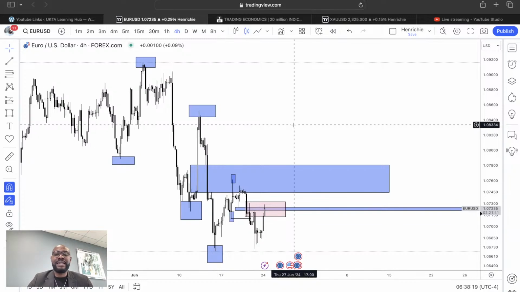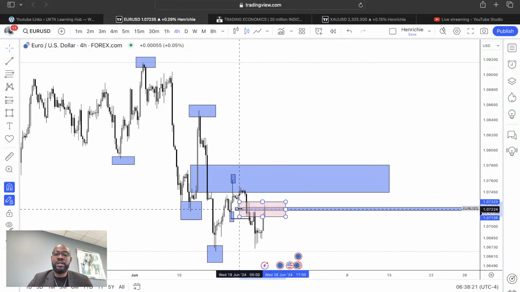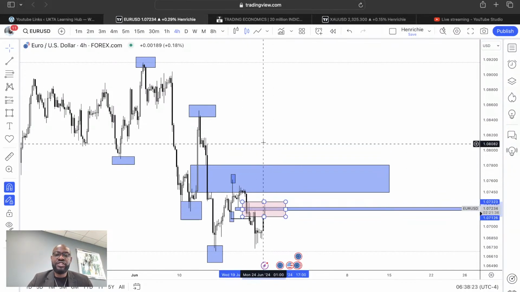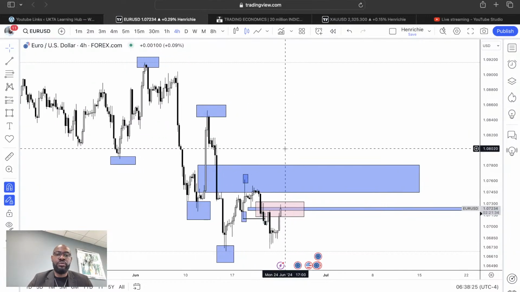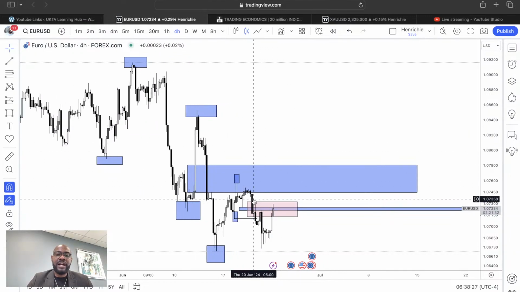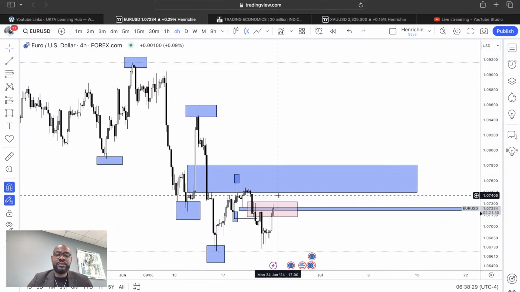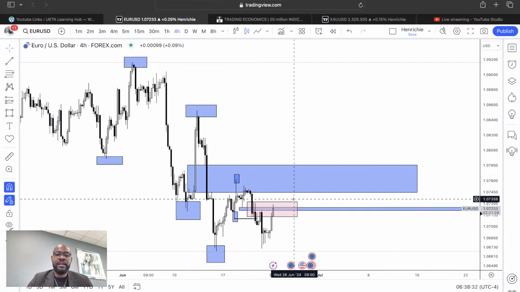But personally, I'm not selling this, and I'm equally not sharing any trade idea for sales on euro. Also take note to have the inefficiency resting right here. Price can also decide to come into that inefficiency before a potential rejection, because if you even look at this